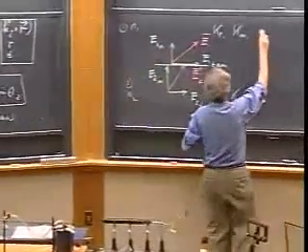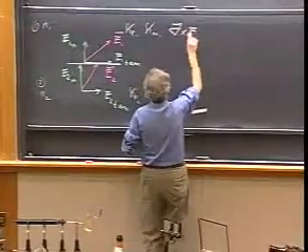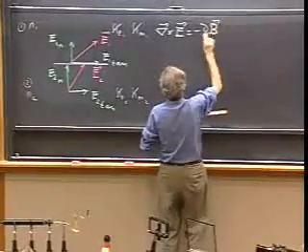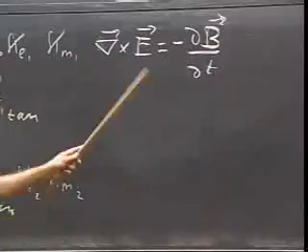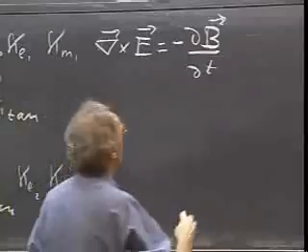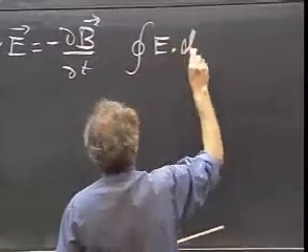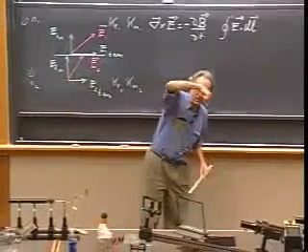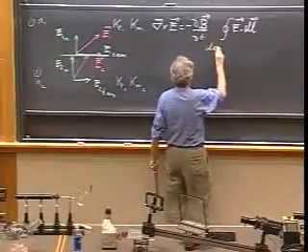So I will do the curl of E is minus dB dt. It's my favorite one. It's Faraday's law. It runs our economy. Whenever I see a chance, I use Faraday's law. And that means that the closed loop integral of E dot dl, where dl is a little vector along the path that I take in the direction of my path. It is a dot product. It has to be a closed loop.